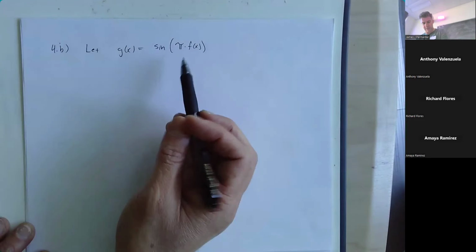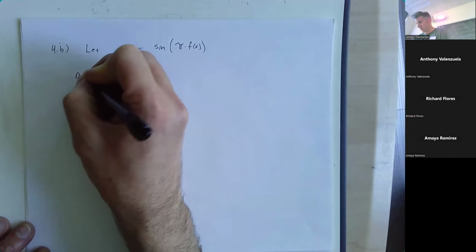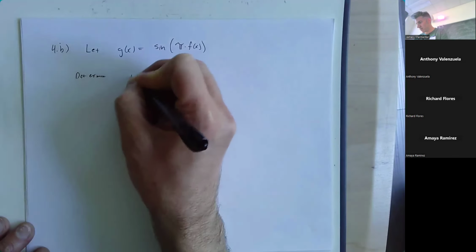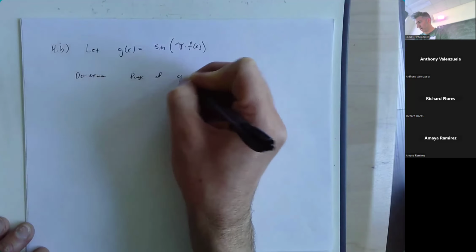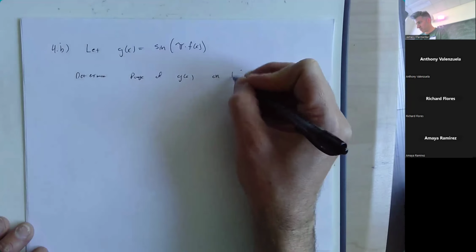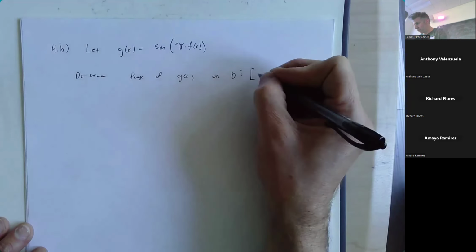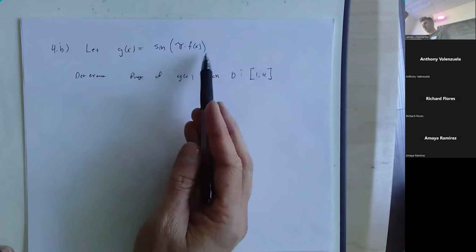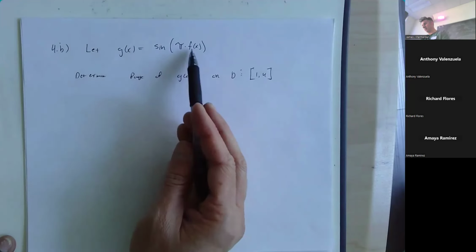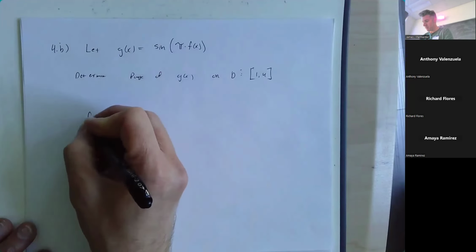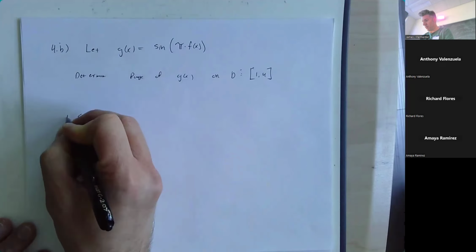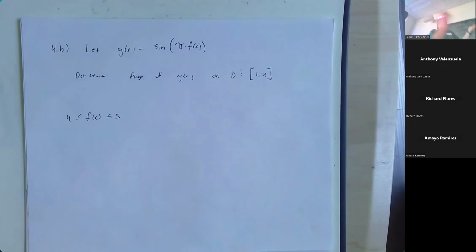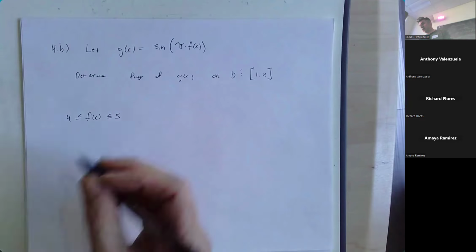Let g of x equal this. Determine the range of g of x on the same domain, which goes from 1 to 4. Okay. So basically, g of x equals sine of pi times f of x. We know that f of x is going to be between 4 and 5, because that's what we just found, right? The range of f of x was between 4 and 5. So then g of x,